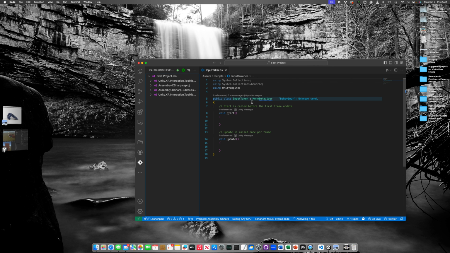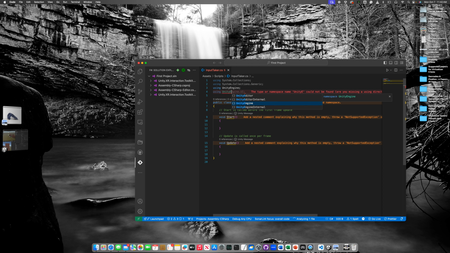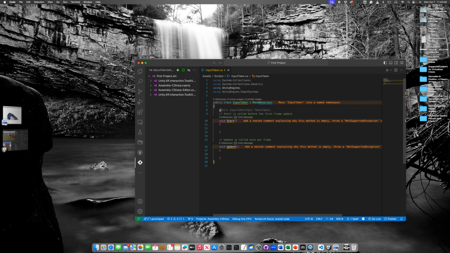It will not be a huge code, it's just a simple code. Because this is inputs, we are getting inputs from the controller, so we need to invoke the namespace first, which is called UnityEngine.InputSystem. This namespace will invoke all the necessary input actions in our code. Okay, so now we go to line number 7 and then we write public InputActionProperty,